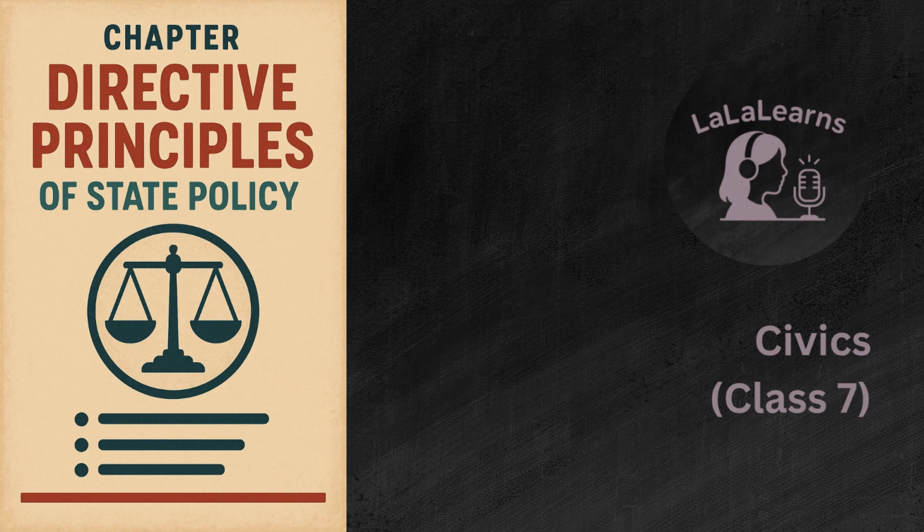Despite the noble aims, there are definitely criticisms that are often raised. One is that they're not properly classified. The principles cover social justice, economic goals, environment, legal aid, even international peace. But they aren't always grouped neatly into these categories in the text itself. Some argue it makes them feel a bit jumbled. Okay, a structural critique.